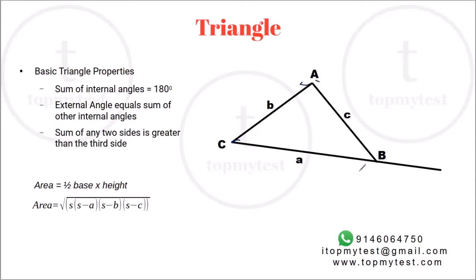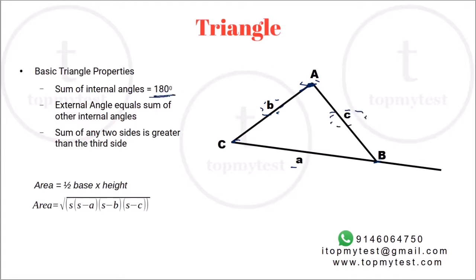And you have three sides. Usually the length of the sides which are opposite the angles are denoted by lowercase letters. For example, the length of the side opposite angle A or vertex A would be denoted with small a. Length of the side which is opposite B, which is AC, is denoted with small b. And length of the side which is opposite the vertex C or the corner C or the angle C is denoted with small c. Right?